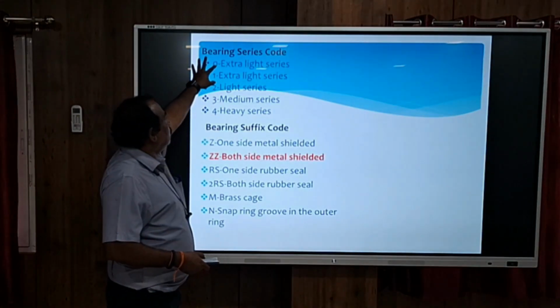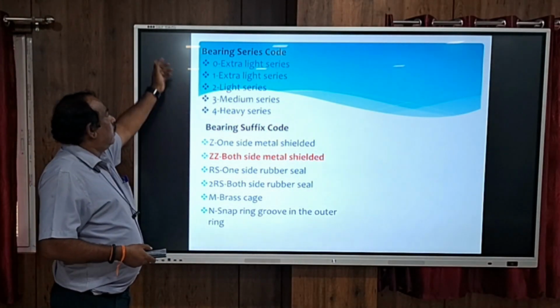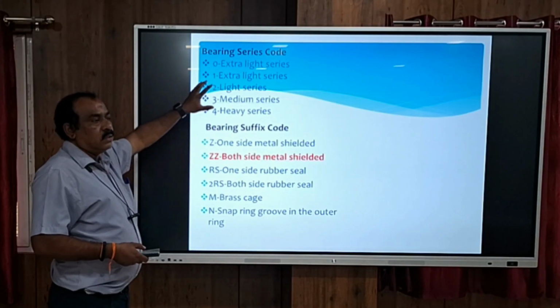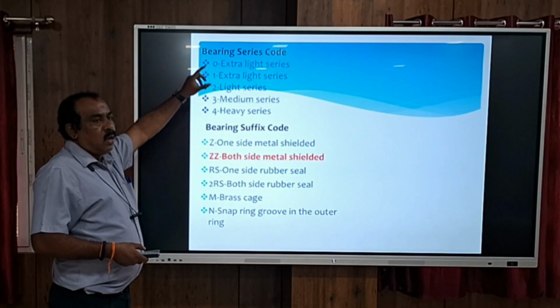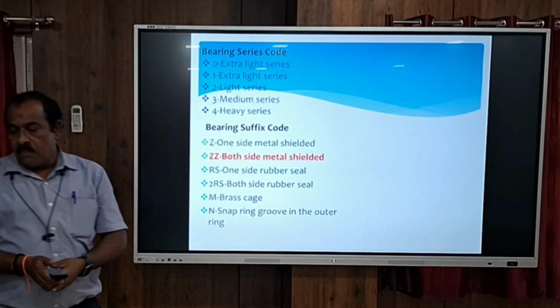It will give, for example, 0 as extra light series. Suppose 63 is there, so it is medium series. Suppose 64 is there, it is heavy series. This digit indicates the outer dia and its width. Suppose, for example, we are having